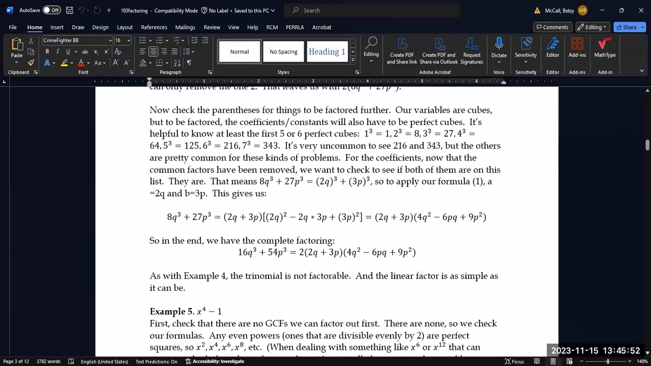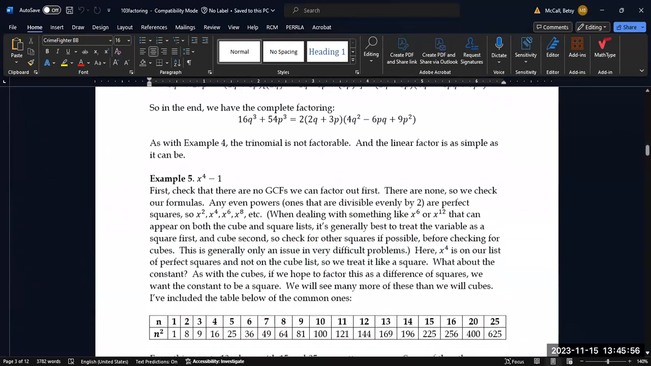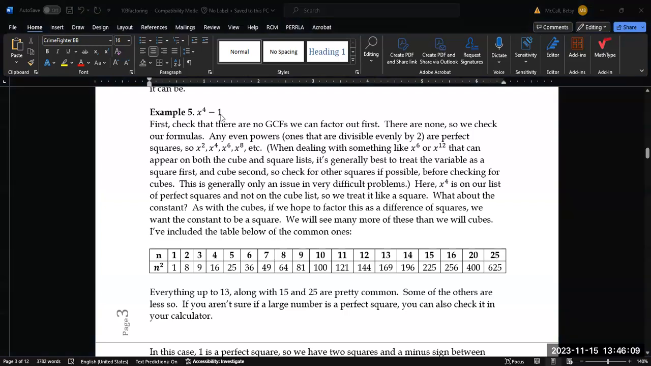So you don't have to go any further than that. Now let's look at the difference of squares formula. In this case, we have x to the fourth minus 1. All even powers of x are squares of something. And we then also have to have our constant be a perfect square, or our other variable be a perfect